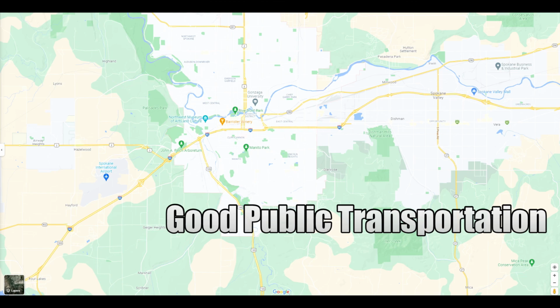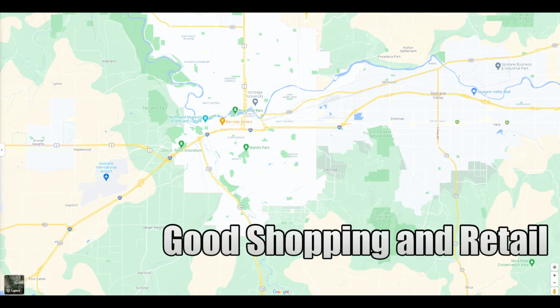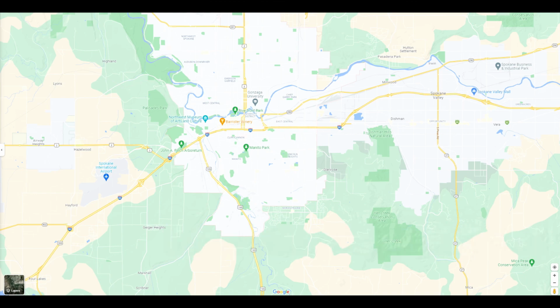South Hill. You've got Manito Park, so we've already gone over that, but the houses around that, of course, are just going to be very, very desirable homes surrounding the park. If you've been in Seattle, I would compare the South Hill very much to Queen Anne. Those are the style houses you're going to see. Now, there's a lot of houses with views, but Queen Anne is extraordinary views of downtown. But here on the South Hill, of course, in this area, you're going to see your houses with your views of downtown. And then along here, you're going to find houses with incredible views, looking towards the west,